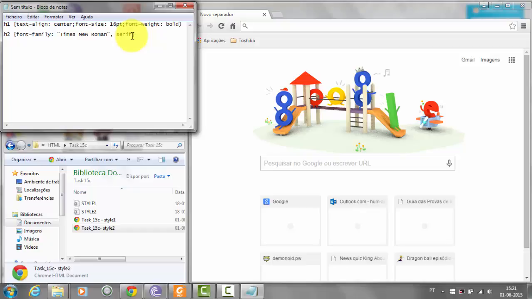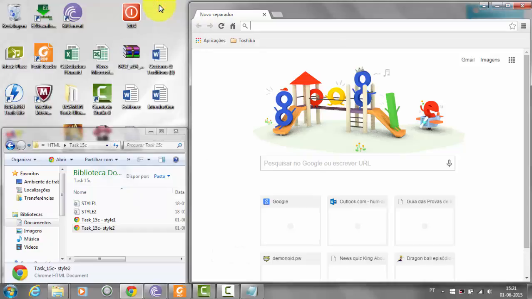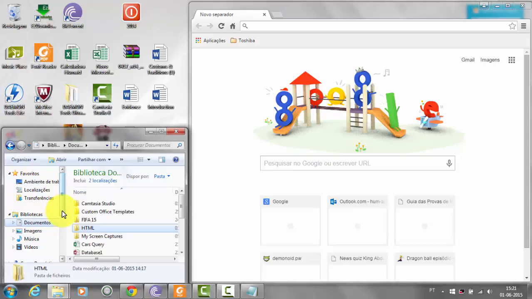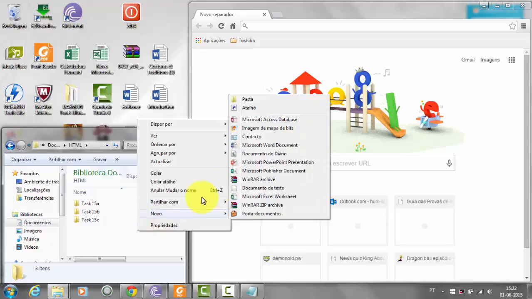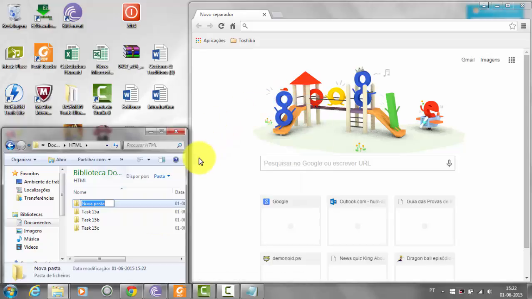Now, to apply these new techniques, we have to select here. We have to search for the folder called task 15D that I will create now. Task 15D.